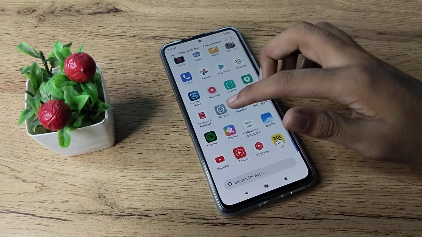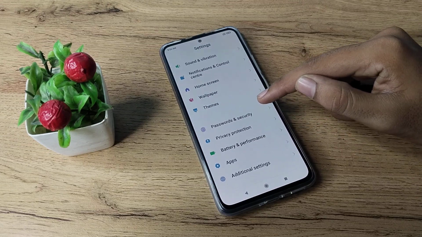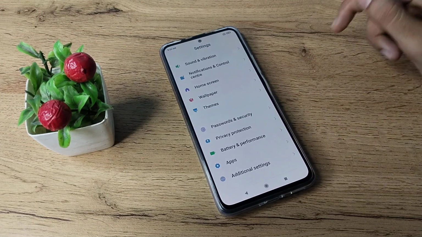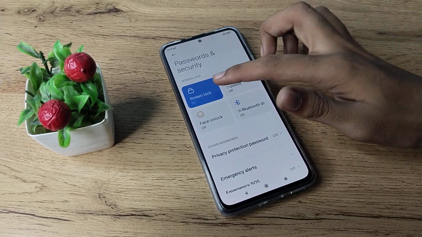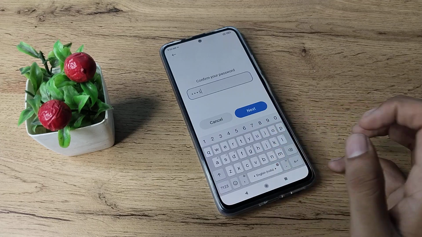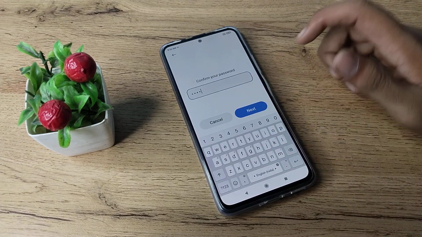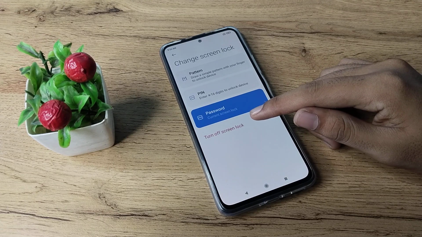First of all, open your phone settings to remove it. Then scroll down, and you can see the password and security settings. Tap here, then click on the screen lock setting. Enter your password. Next, you can see this option, turn off screen lock, so if you want to remove it,